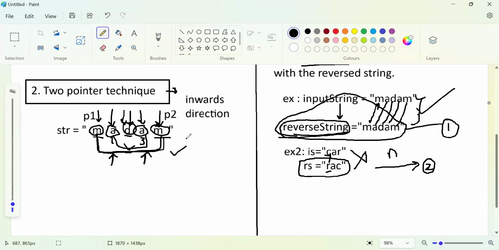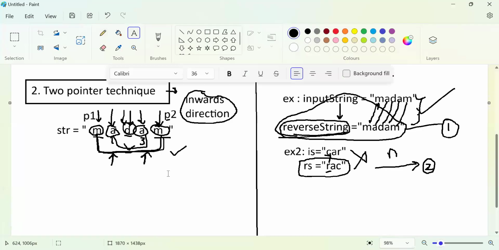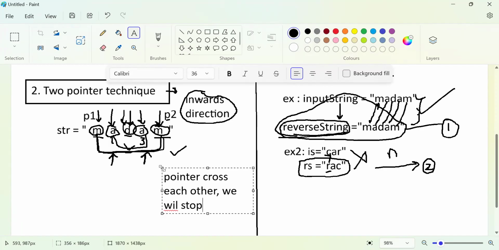In this approach, as I said, pointers always move inwards, and the second important thing is once the pointers cross each other,